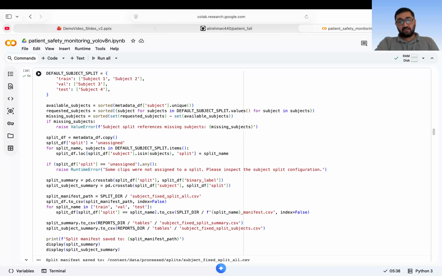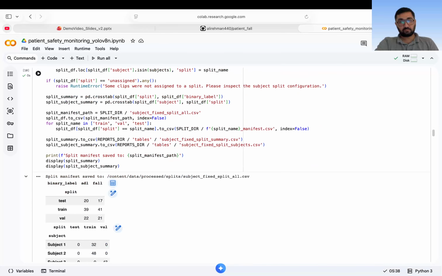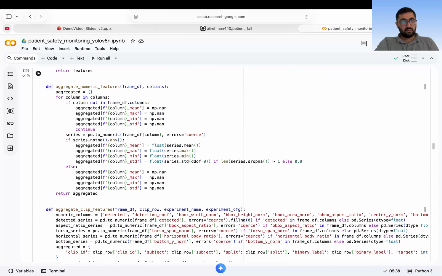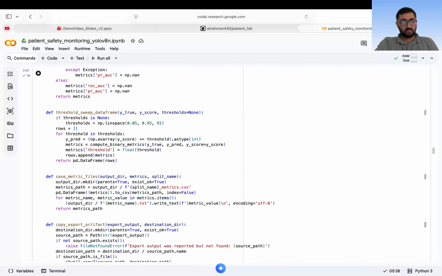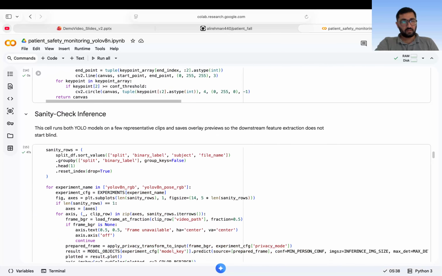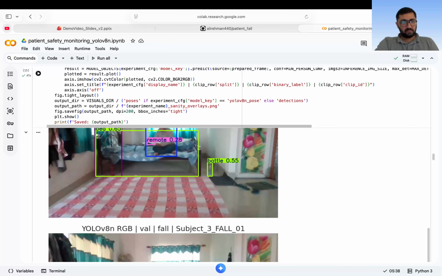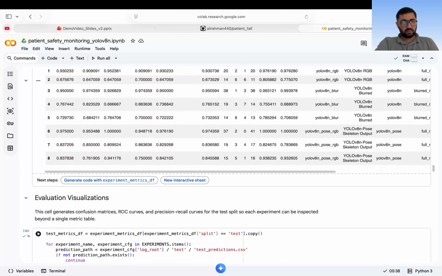This prevents subject leakage. If clips from the same person appear in both training and test, the model could memorize the appearance rather than learning general fall patterns. This is the whole code in Jupyter. These are the samples. If you go down,